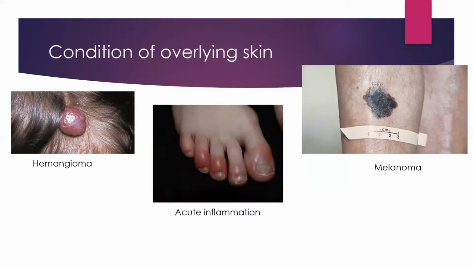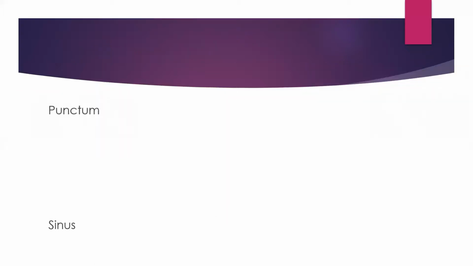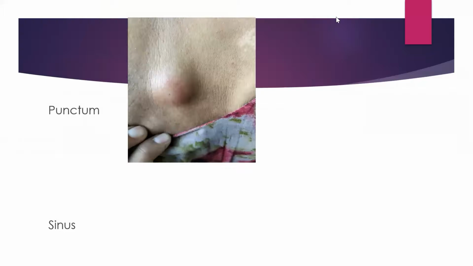Like in case of hydrocele, the rugosity of the scrotal skin is lost. You have to mention that. In case of huge distension, huge ascites, the abdominal skin will be tense. So you have to mention it. Rugosity will be lost, or if the rugosity is more, you have to mention this. So these are the things about the overlying skin condition. As well as in a particular swelling, like a sebaceous cyst, here is a black dot. If you find that black dot, you may tell that this is a punctum, you all know. So mention it: the punctum is seen.